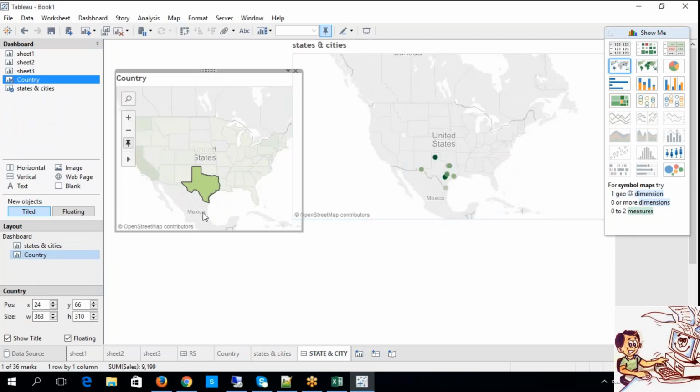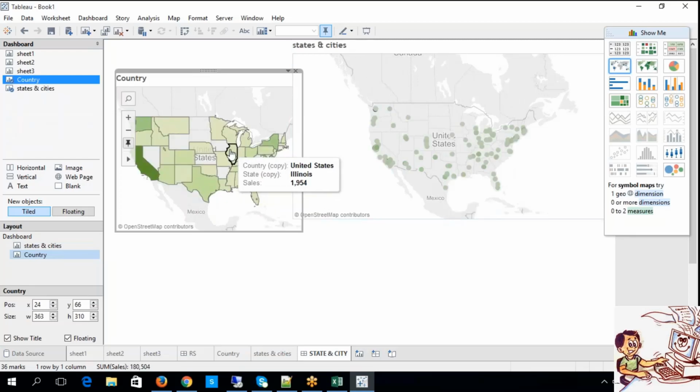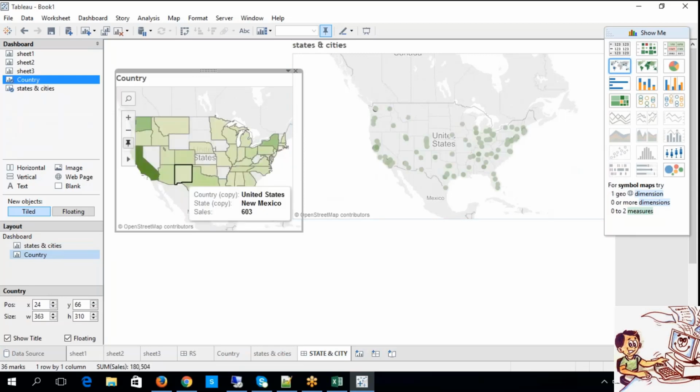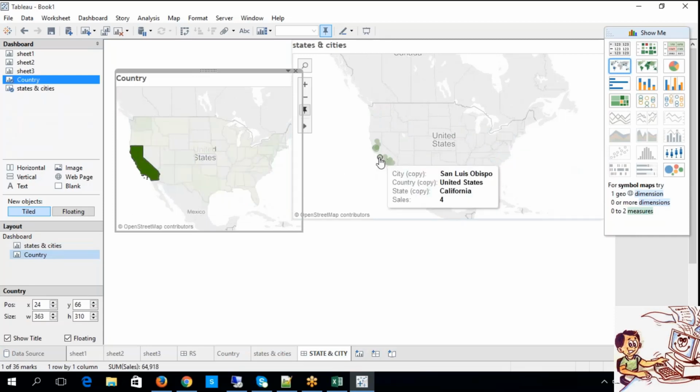The moment I select Illinois, it is giving me the Illinois related cities. Likewise, if I select Montana, it is giving me the corresponding values again. Pennsylvania, look at this. Now again, if I select California, look at this. It is giving me San Luis, Bakersfield, SFO, Oakland, etc.